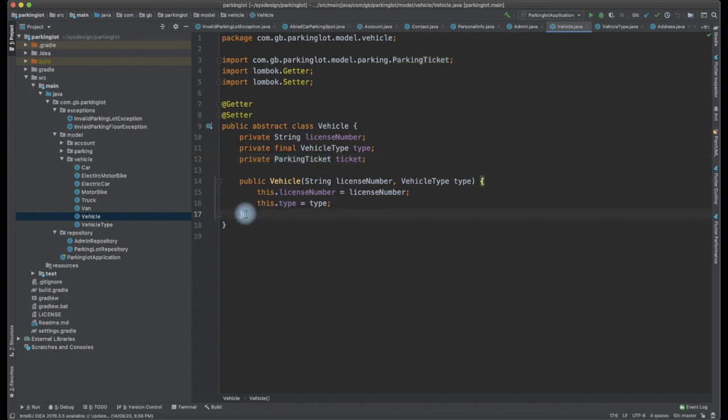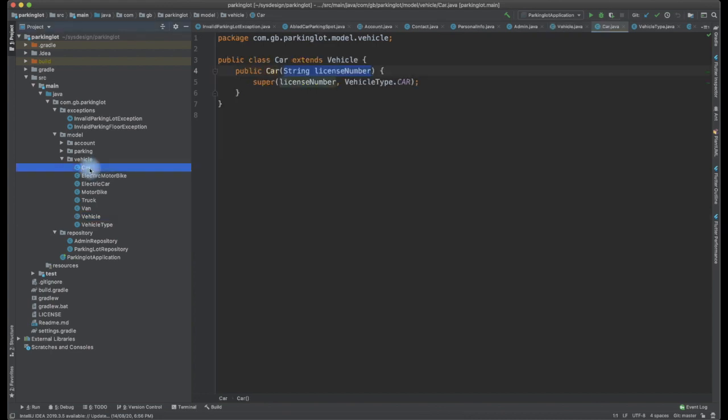So at the time of creating a vehicle, we should capture the license number and the vehicle type, which is important. So we should not be allowed to initialize a vehicle without a license number and the vehicle type. So these are the mandatory things which are required for the vehicle to exist when it comes to the parking lot as a domain problem that we are talking about. So I have captured that while I initialize the vehicle as well. Let us look into all the other vehicle types one by one.